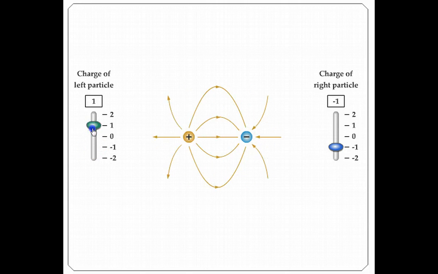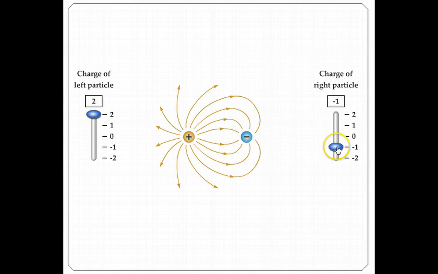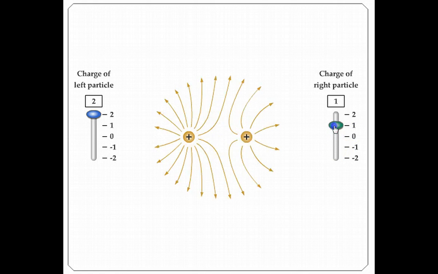Simply move the sliders here to positive 2Q and then a single negative Q, and you'll see this is the pattern you should have drawn. Notice that only half of the lines that leave the positive 2Q charge end at the negative Q charge. This shows that the number of lines is directly proportional to the amount of charge. Remember, this is positive 2Q, and this is only negative 1Q. So therefore, there should be twice as many lines leaving the positive 2Q charge as there is entering the negative 1Q charge. And you can play around with this simulation, such as changing this down just to a negative or